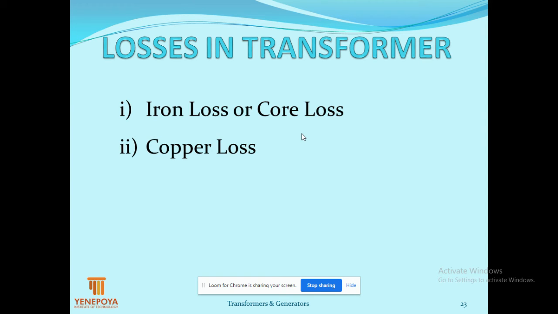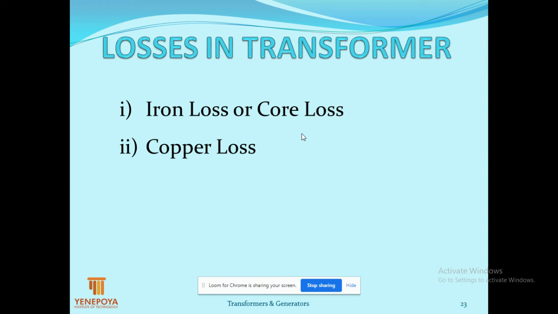The general formula for copper loss is I squared R. Hence, that I depends upon the load. When there is no load, the copper loss is very negligible on the primary, and on the secondary it will be zero. As the transformer loads, the current I starts increasing. The I squared R is nothing but (I1 plus I2) whole squared into (R1 plus R2). Hence, when the load starts increasing, the current starts increasing. Hence, the copper loss increases in square.